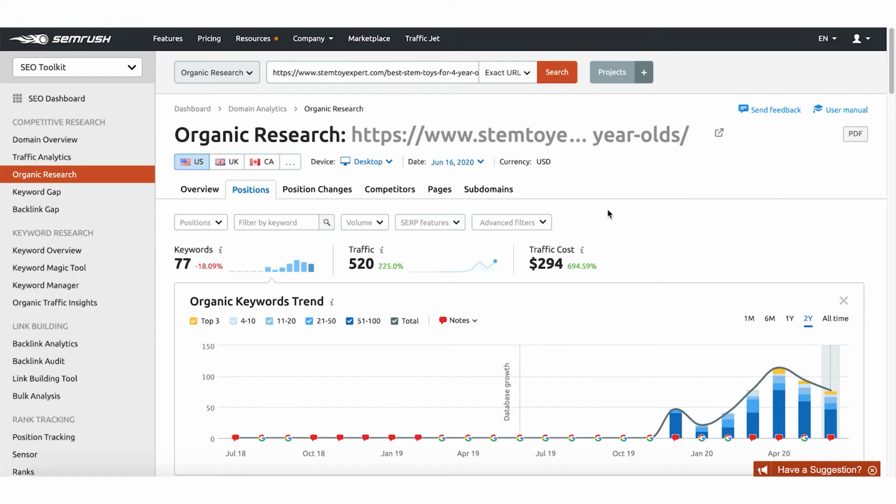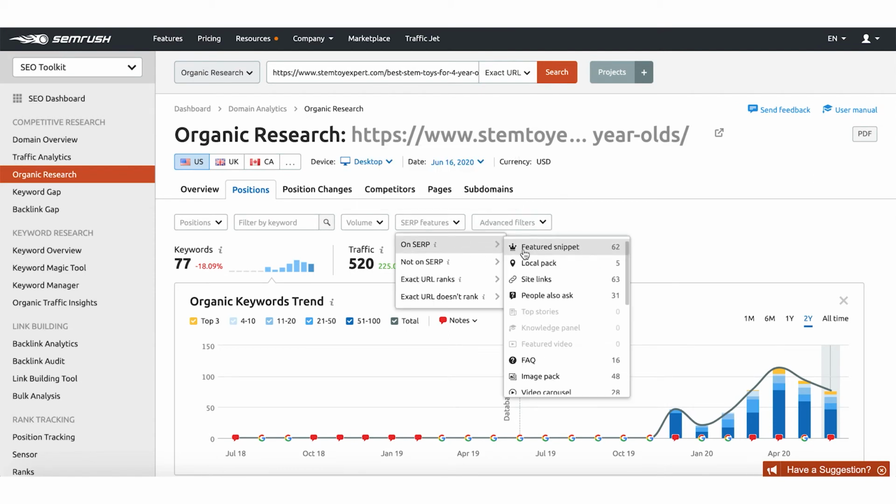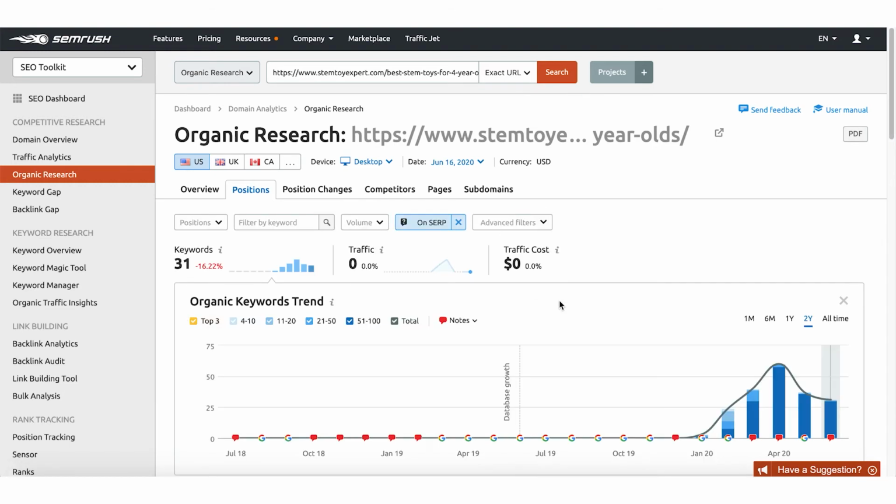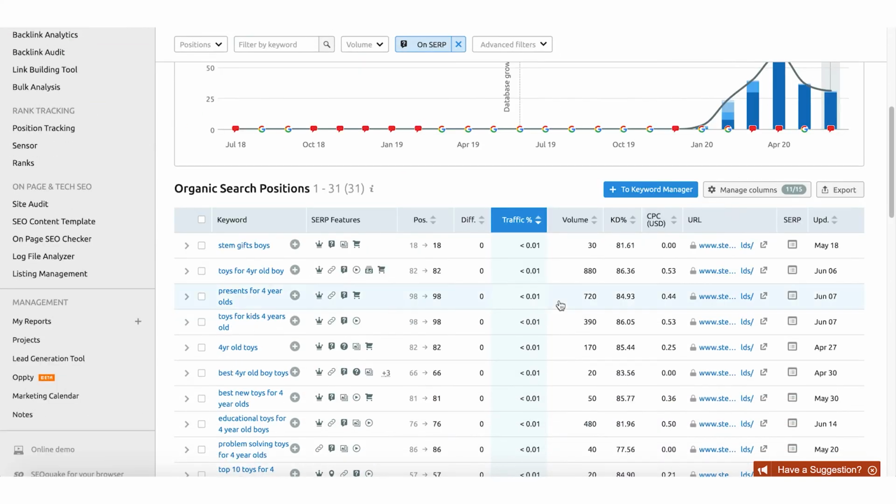I want to quickly show you some of my favorite SERP features to use in the advanced filters tool on SEMrush. My favorite ones are specifically featured snippet as well as people also ask. If you've seen my easy keyword research method, you know why this is the case. These are the things that are most highly relevant around the buyer's intent and search intent of people. And so what you can do whenever you're on SEMrush is you can just filter by the things that actually fall into people also ask. And these are things that can make for potentially great subheaders when you are creating your content.